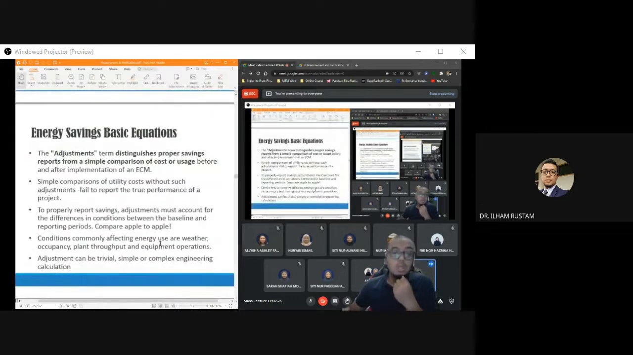But adjustment is basically to distinguish a proper savings report from a simple comparison of cost or usage. Basically, adjustments are factors that may influence the energy savings for that year or for that reporting period. So for proper reported savings, adjustment must account for the differences in conditions between the baseline and reporting period, because maybe